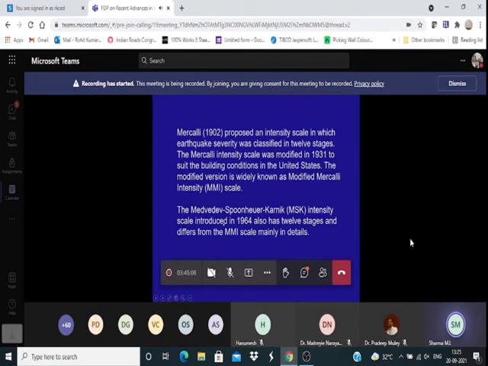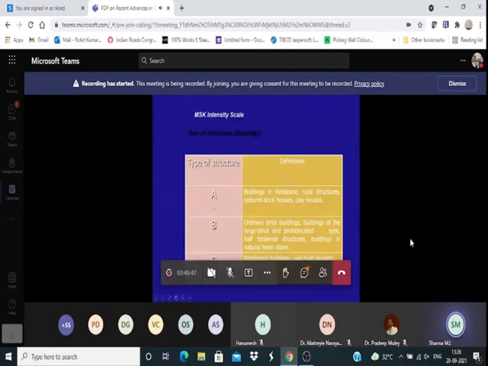So I will directly come to the intensity scale which is of use to you, the MSK scale, which was adopted by UNESCO in 1964. Most of the intensity scales had things which were non-existent in the areas where the scale was not made. So UNESCO made this, and the terms were defined like the type of structure, A, B,